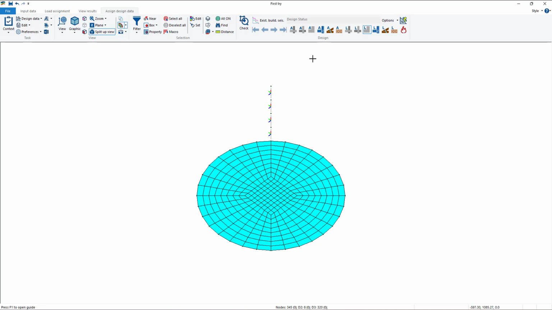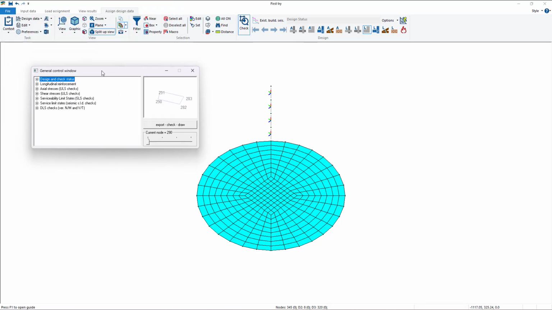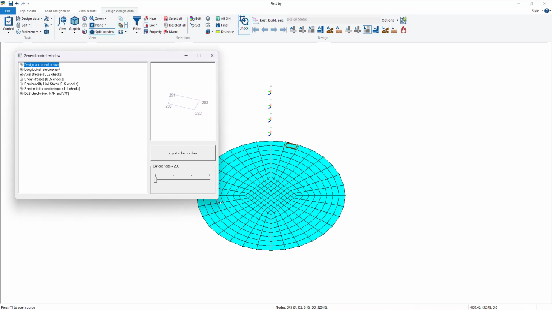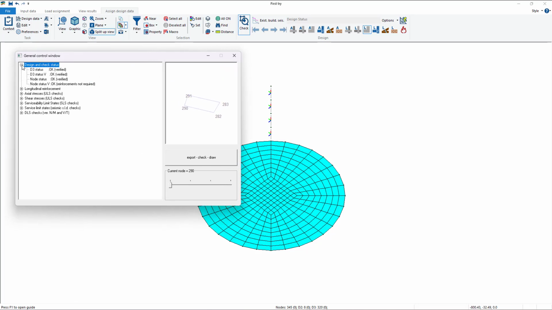Basically, you have two ways. First of all, you can use the check command. So inspect, click on an element, and this window is gonna open, in which you can check the design and check status. It tells me if it is verified or not for each kind of action. And then you can open the second one to check which reinforcement has been used by the program for the calculation. So now we see that in the main direction